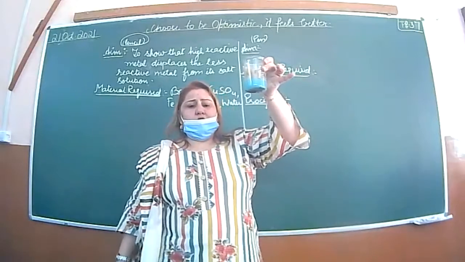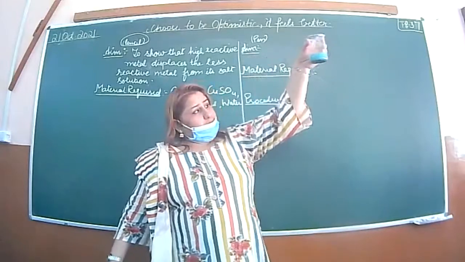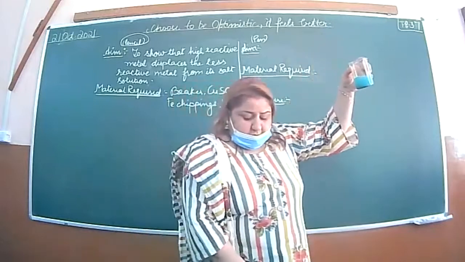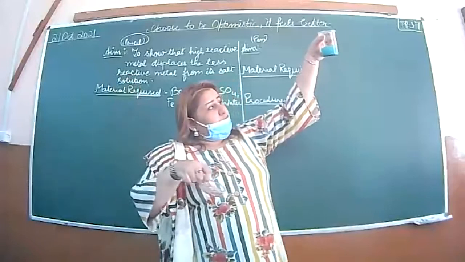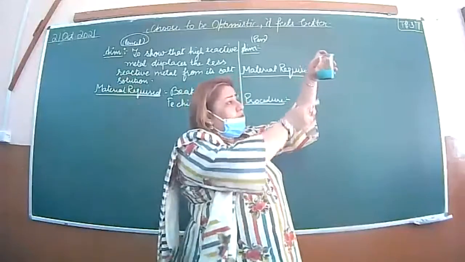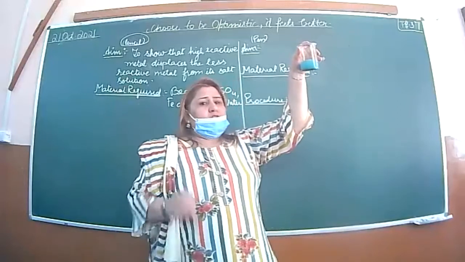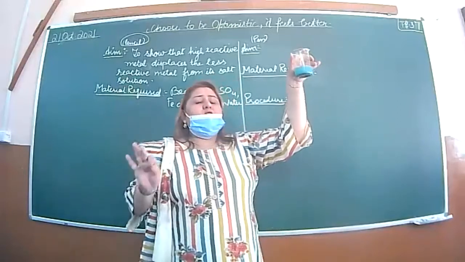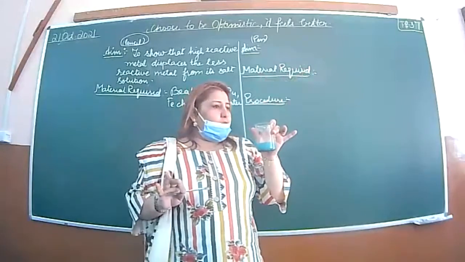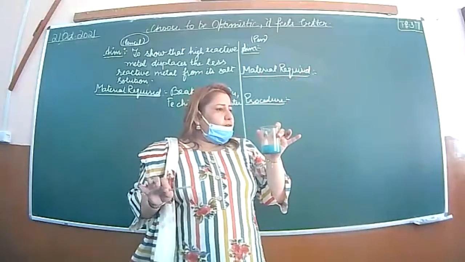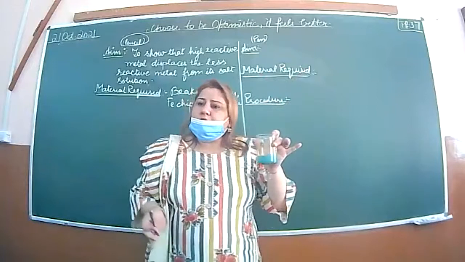It changes, look here, it will change into total green, and the chippings color, look, I am having this copper chippings also. Copper color, you know, copper chipping, and you will observe this color is also like the same as the copper chipping. So actually what happened in this case, this you have to write down in the procedure. What is the procedure? Take a beaker, add water in it, add copper sulfate powder in it, stir it, okay, then add iron chippings in it. Right? This is your procedure.